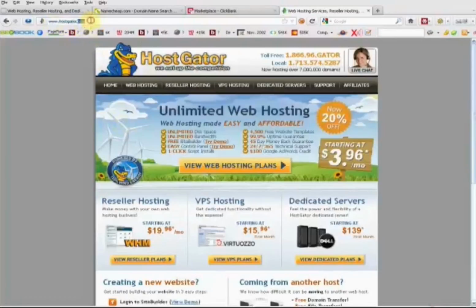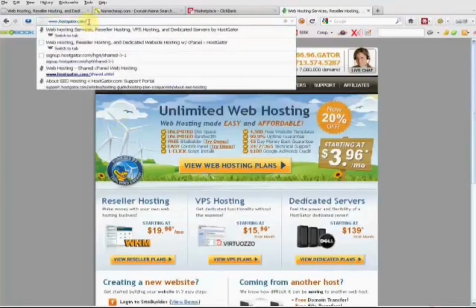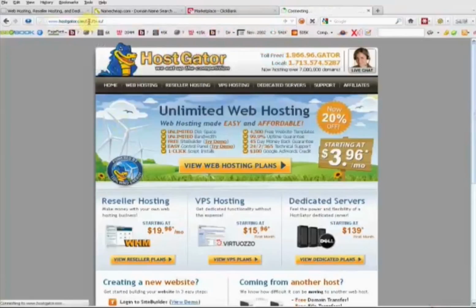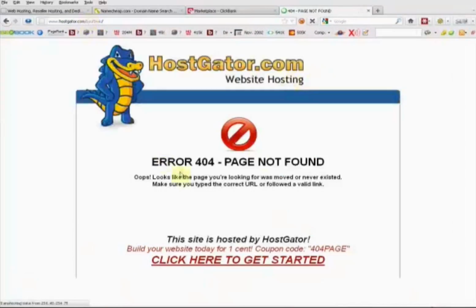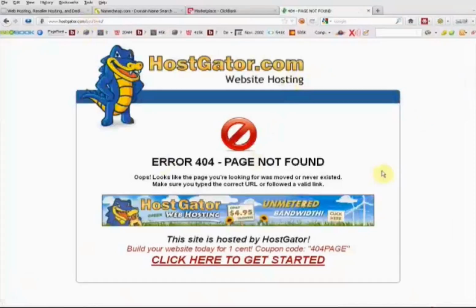If you just add a slash and then some gibberish and hit enter, you get this 404 page not found. And if you see the bottom here, this site is hosted by HostGator. Build your website today for 1 cent with a coupon code 404page. So if we copy that